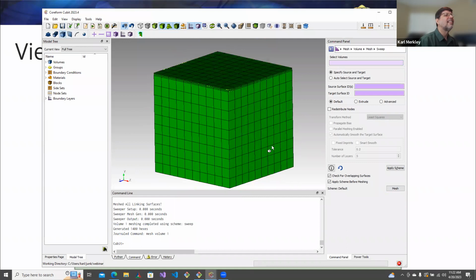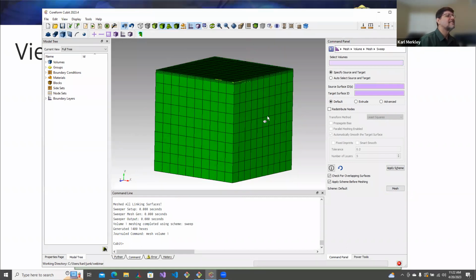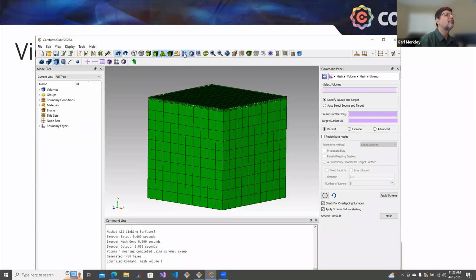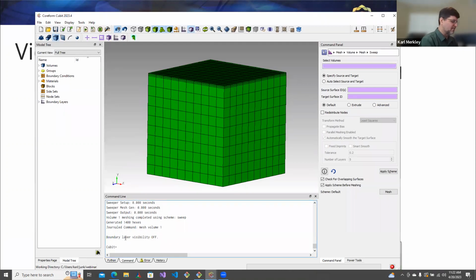I understand why. Because this top surface inside the boundary layer is a map, but these surfaces, it didn't recognize as a map. So there's a case where I have a boundary layer. I can turn off the visualization of that boundary layer with that little tab right there. I can use the boundary layer to create a single version. Now let's also try this. Once again, I'm off script, so